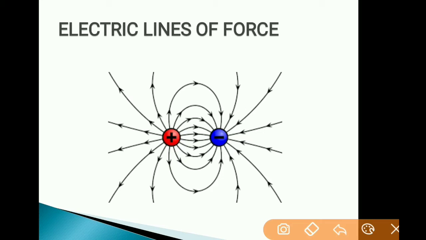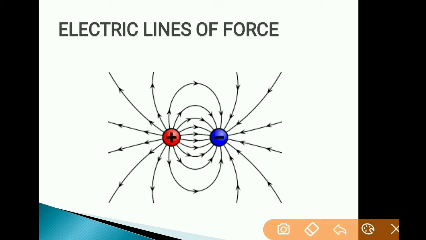And in the place of the compass, you have to place a test charge. What is the test charge? That means the unit magnitude positive charge. When you place it anywhere, there is a certain direction of the force acting there, and that force will change if you shift the test charge in its surrounding.